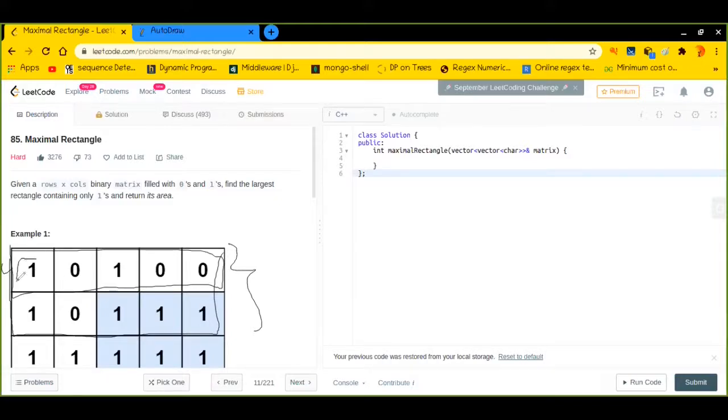For that we have to find the height of each and every bar in that histogram. So to find the bars, we do need an integer matrix.